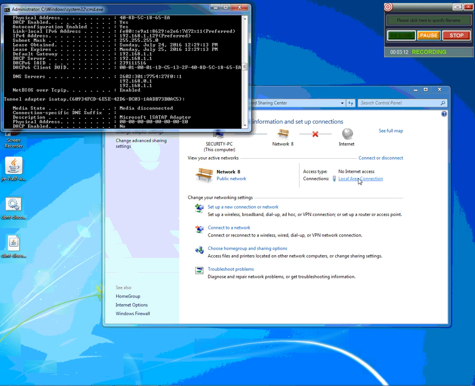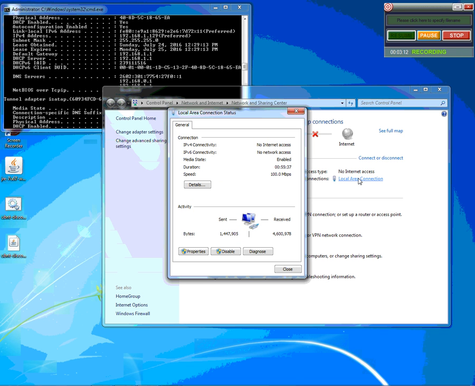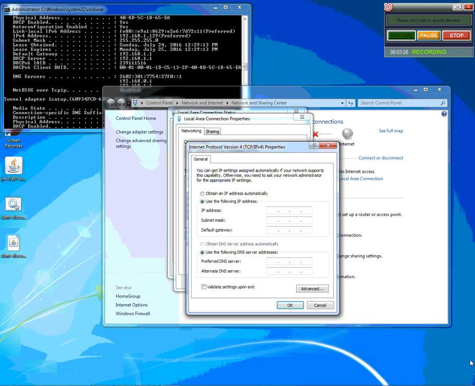So next we're going to click Local Area Connection, Properties, Internet Protocol version 4, or TCP/IPv4 Properties. Then we're going to click Use the following IP address. And here we're going to put 192.168.1.150. Click Tab, it'll automatically fill in subnet mask. Click Tab again. Type in 192.168.1.1, tab,